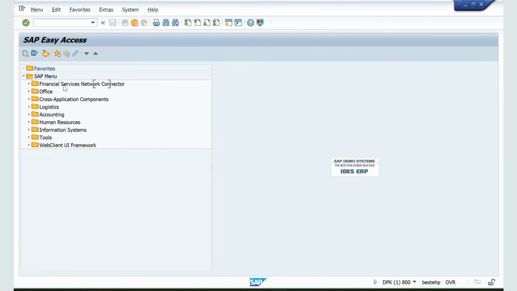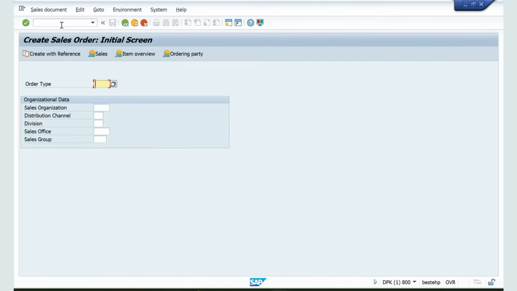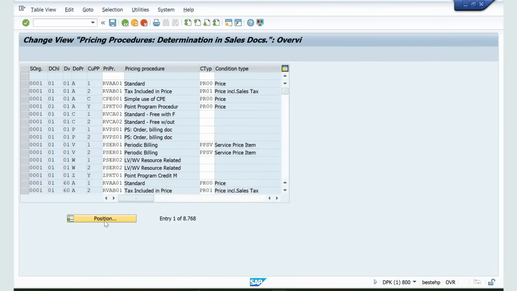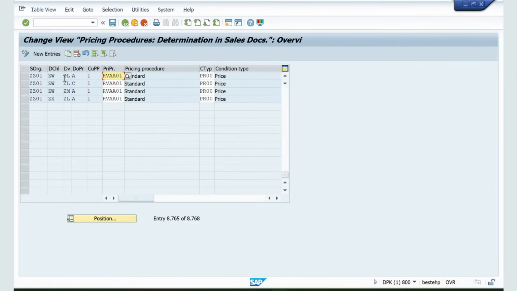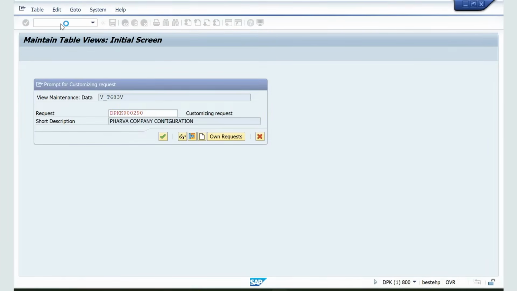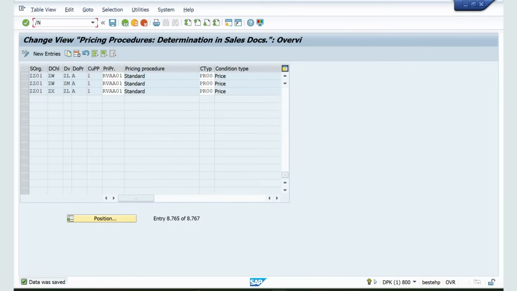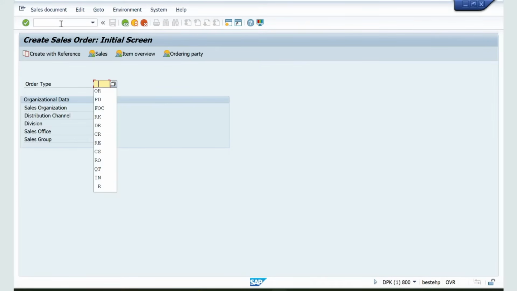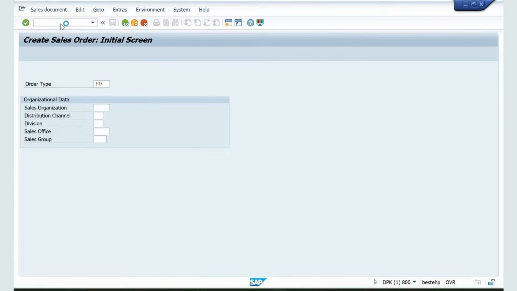So the transaction code is VA01. Go to VA01 transaction code, order type FD. So before that, what I'll do, one second, /nAK, go to ZZ01. I will delete this pricing procedure determination. I will save this. Now I will create one order, /nVA01. Order type, like I told, FD. Now